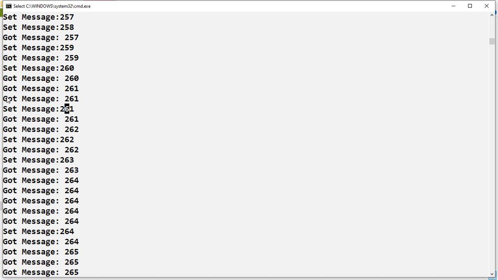That means the consumer has to wait till the producer produces, and the producer should wait till the consumer consumes. Unless you maintain this wait and check of whether the producer produced or the consumer consumed, this kind of disorder in the output will come.